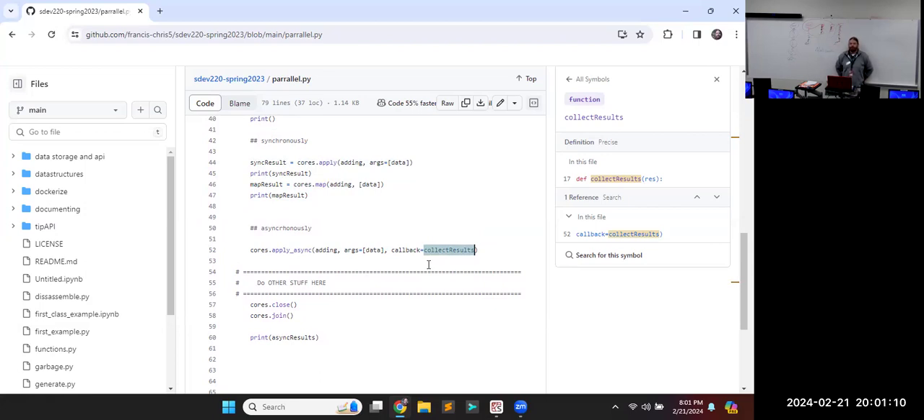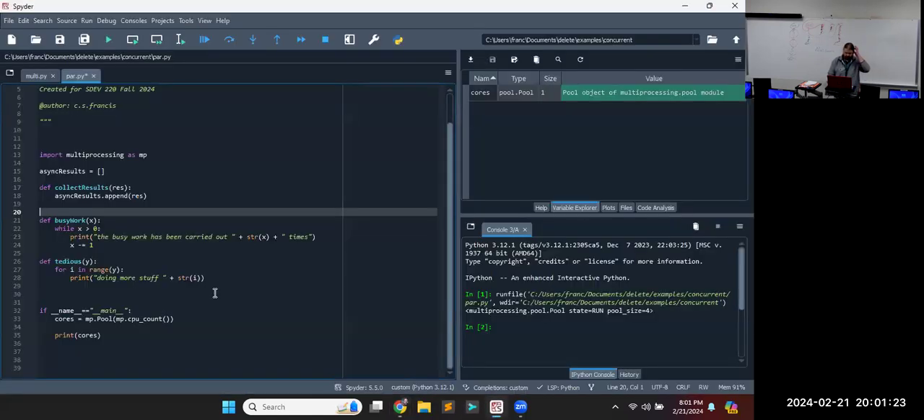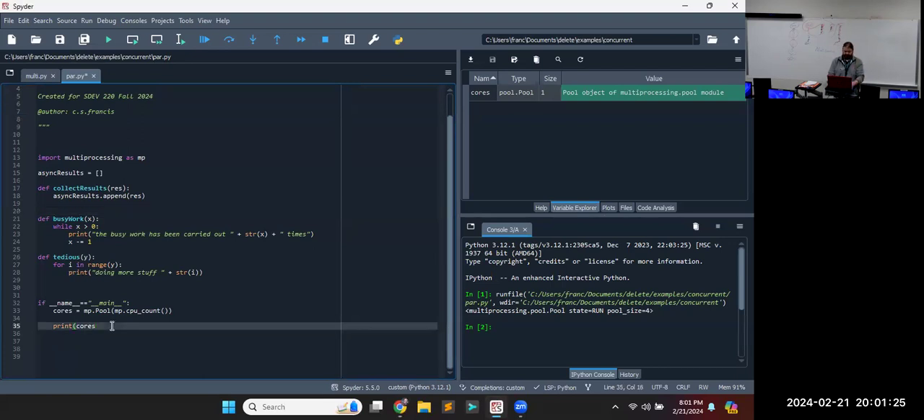Asynchronous is probably the preferable one. That way everything's working independently. Synchronous, they still have to stay in contact with each other. But let's do it both ways, kind of like we did here. And you'll notice they should look very, very similar. So once we have our cores,